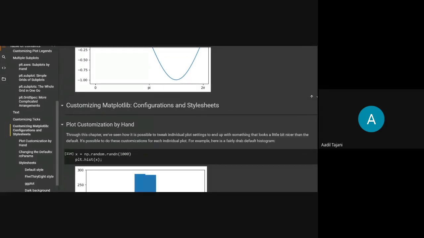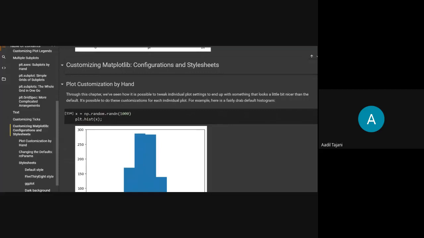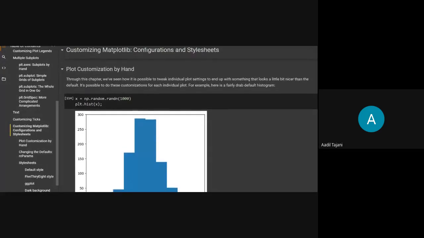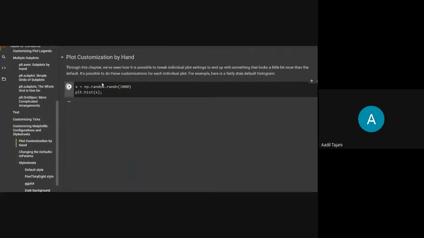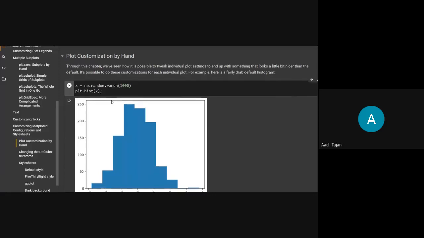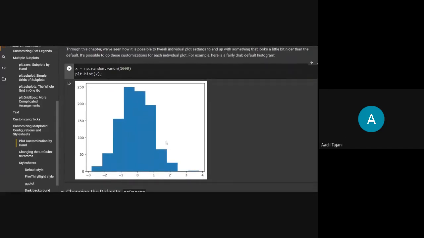Now we have pretty much covered everything in Matplotlib. So let's see the different styles that are available in Matplotlib. When you just plot anything by default, this is how you get the plot in Matplotlib.